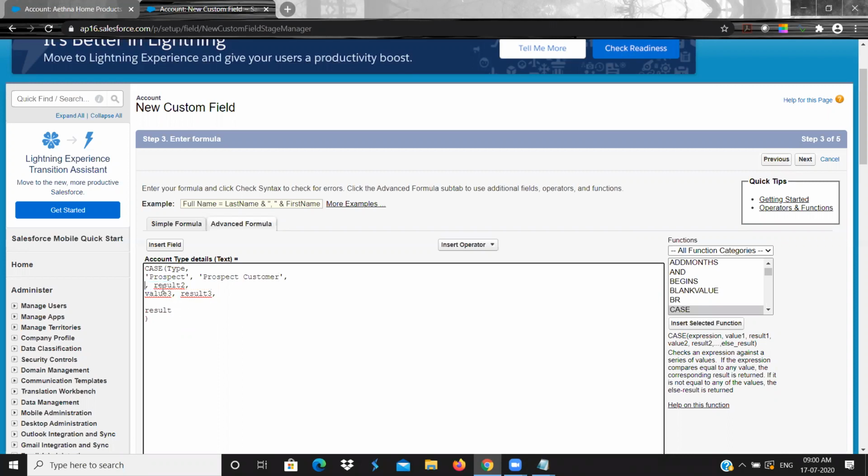Similarly, I wanted customer direct, so I wanted to display customer direct, and for customer channel, I wanted to display customer channel.